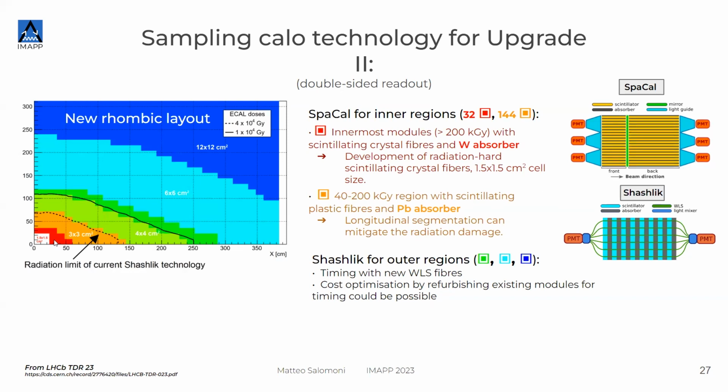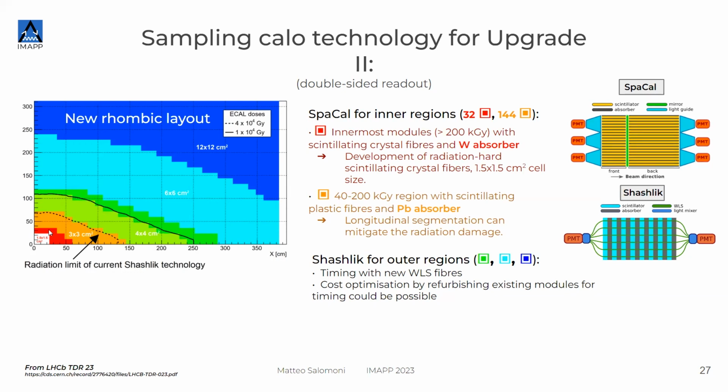Then we are planning to have different regions depending on the occupancy and also on the radiation damage. We have a simulation tool that tells us how much radiation we will have in a certain region of the wall and how many particles we will have per second, so the occupancy. And like this, we can determine how finely we have to look at specific regions.